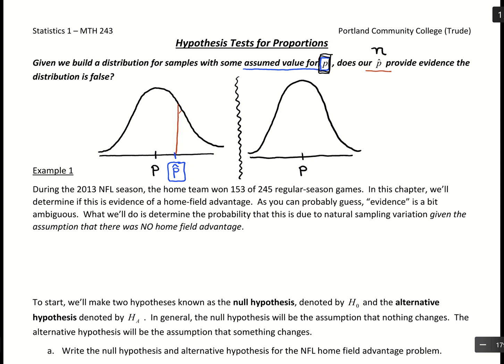In fact, to prove that, what we would do is find this probability. What's this probability of seeing that sample statistic, or even larger? And what we could see is that that is a large probability, which means this is showing not extreme results. That sample we took was absolutely possible if that population proportion is true. So with this scenario, we wouldn't have any evidence that the distribution is false. We don't necessarily have evidence that this distribution is true, and that's something that we'll talk about a lot, but no evidence